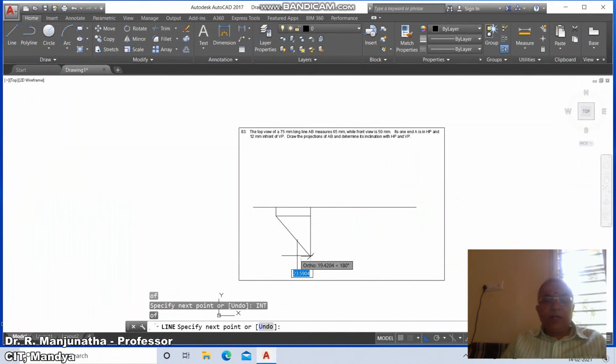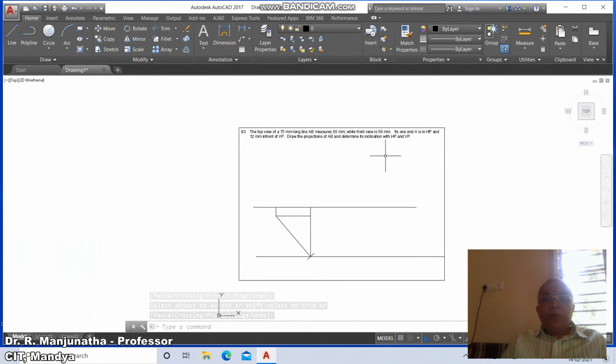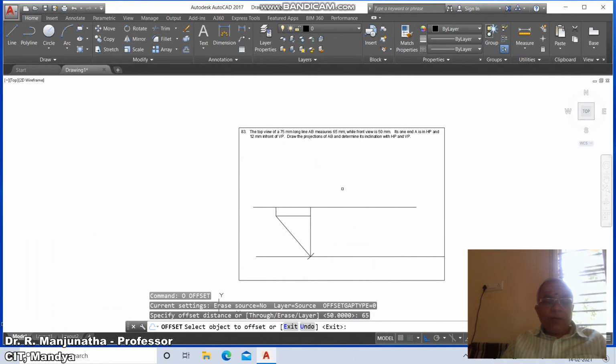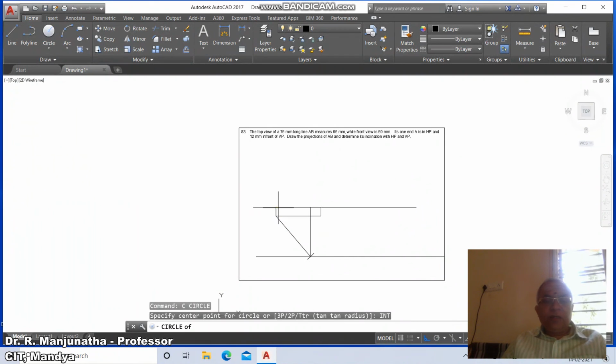So this is going to be the true length, and drag this and go to extend, and you extend this line till here. Then in the top view, when the top view of a 75 mm long measure 65. So here in the top view you make it 65, offset 65. So here you take fillet between these two and then go to circle, take intersection of this and take the